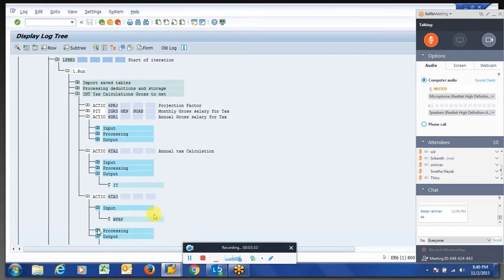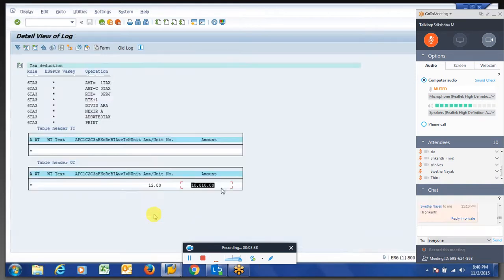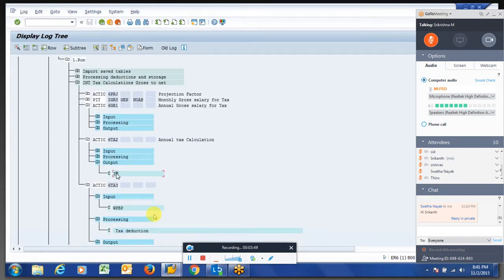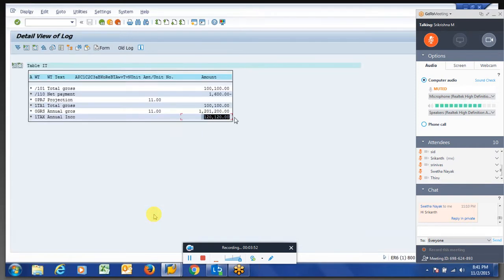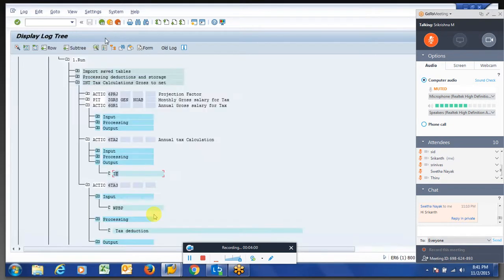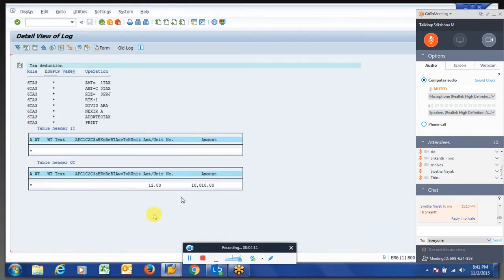So what we are doing here, this is the amount which we are going to deduct from the employee, 10,000, because we have to recover, we have to deduct the tax of total this much. So this divided by the current months. So 12 months we have still, because we are in the month of January. So we are deducting the tax which we can see in the RT table, not in the IT table. So this will be the amount which we are going to deduct.